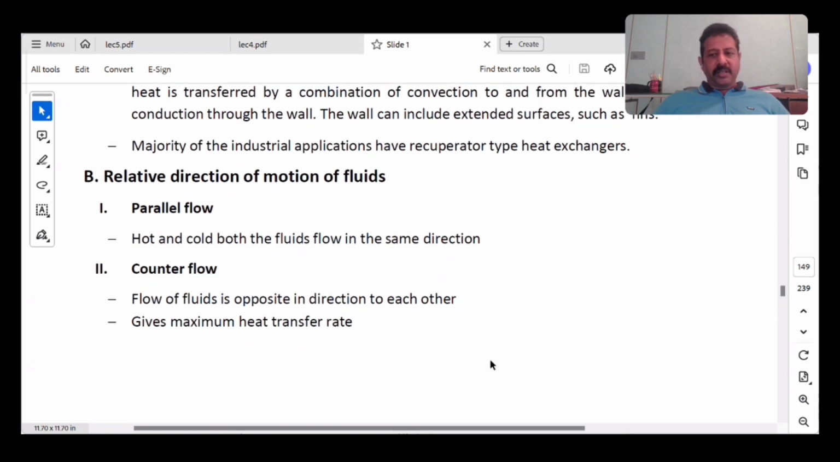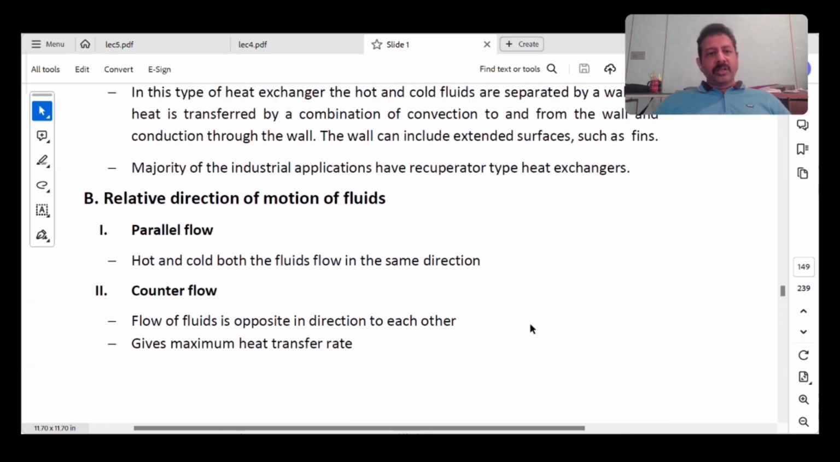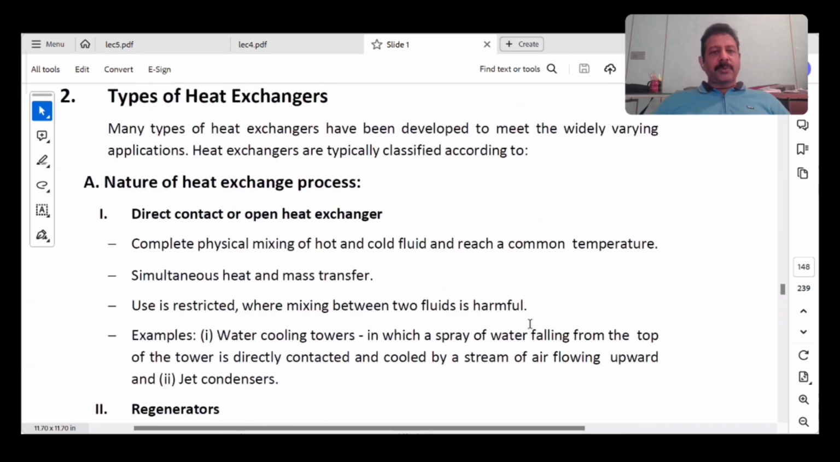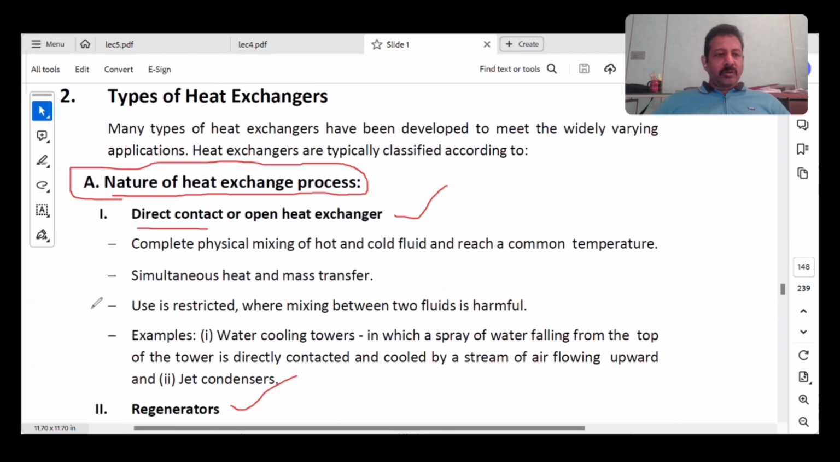We'll be dealing with it in detail, right? So the first classification is based upon the nature of heat exchange process. How am I transferring the heat energy from the hot fluid to the cold fluid? You divide it into three types: direct contact, regenerators, and then recuperators, right? Okay. Next, based upon the nature of flow,